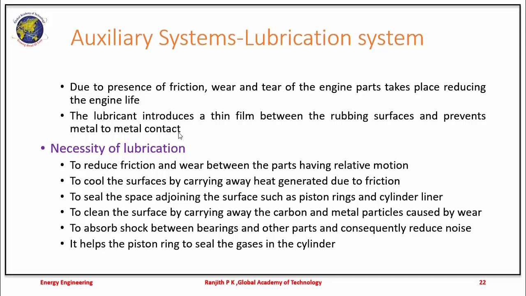The basic objective of using a lubrication system is to reduce the friction and wear between the parts which have motion, and it is also to cool the surfaces by carrying away the heat generated due to friction, and it also acts as a sealant which seals the adjoining surfaces such as the piston rings and the cylinder liner. It also cleans the surface by carrying the carbon and metal particles which are usually caused by wear of